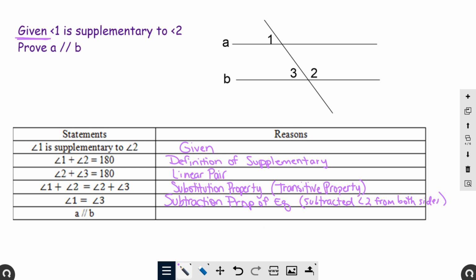And then that brings us to our last thing about saying lines are parallel. So usually when you have our last statement, you never write the word prove. Don't do that. But you look back up to the one above it. So it's saying since angle 1 equals angle 3, these lines are parallel. So look at angle 1 and angle 3. What do you know about angle 1 and 3? They're corresponding angles. So here's where you just have to write a sentence, okay? Since angle 1 and angle 3 are corresponding and congruent,